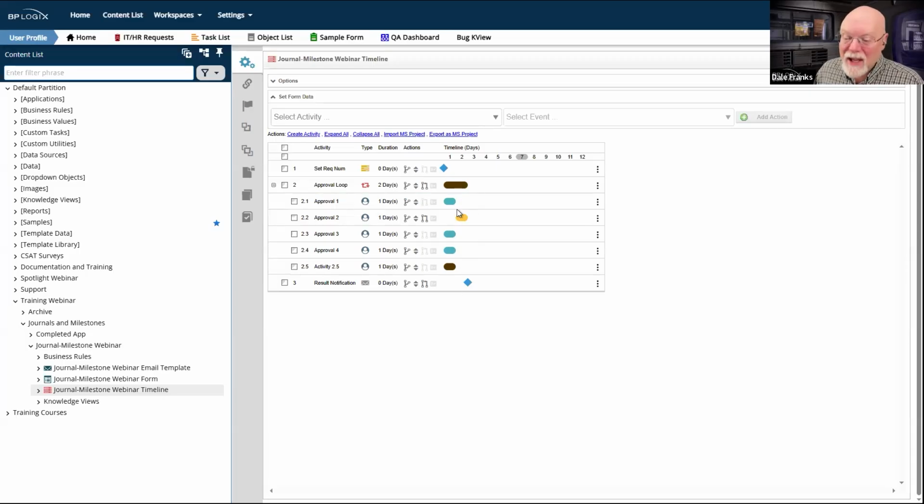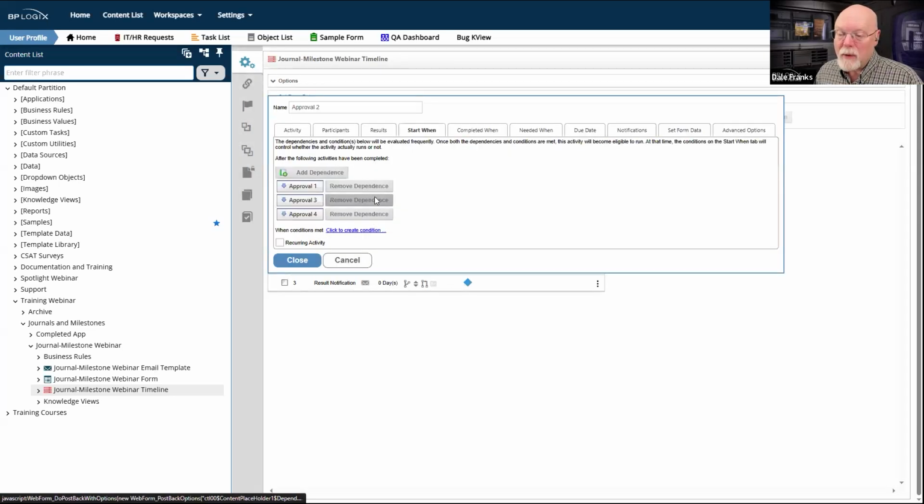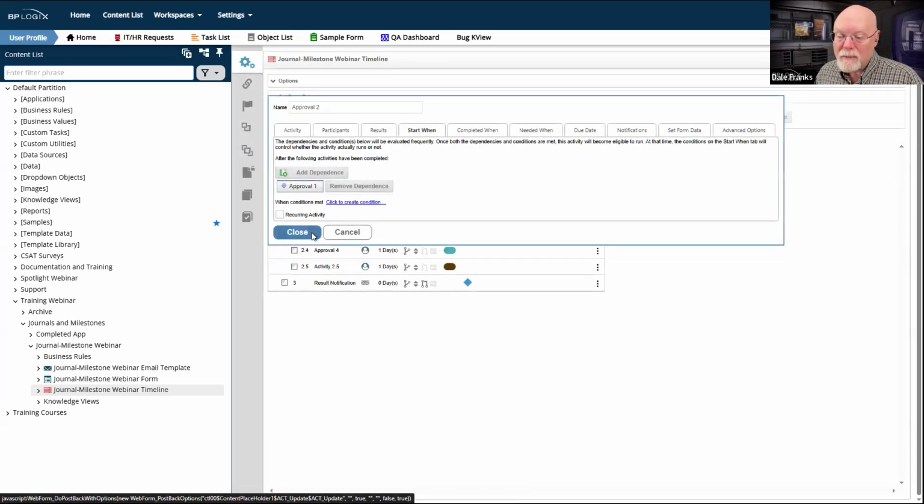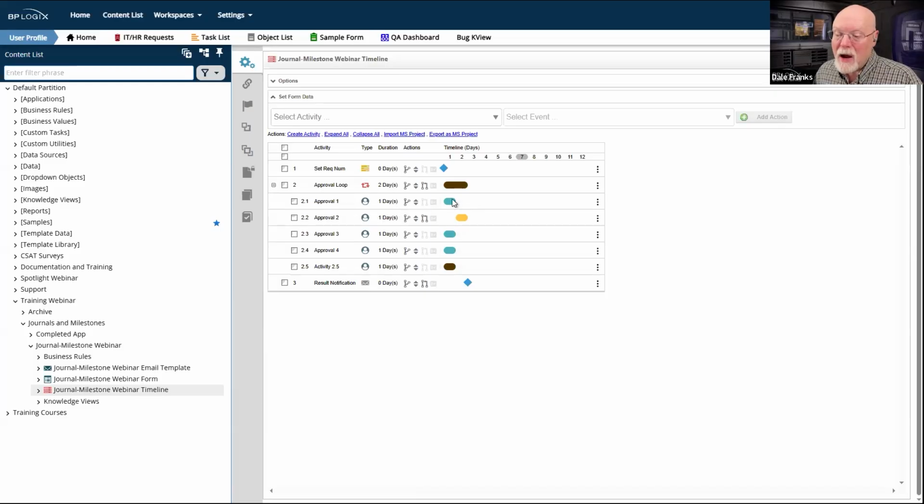So in this case, what I would do, well, we'd have to go back to approval 2 here, of course, and we'd have to remove these 2 dependencies. Okay, so now I have this loop here that's got these 2 dependent activities, but these activities are running concurrently. So how would I want to say that just activities 1, 2, and 3 are done, assuming I don't care about activity through approval 2?